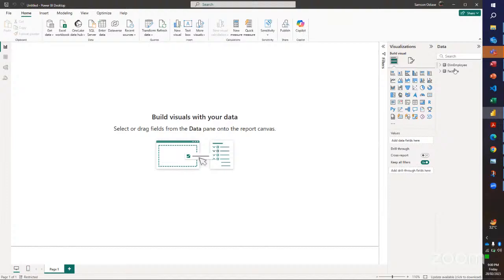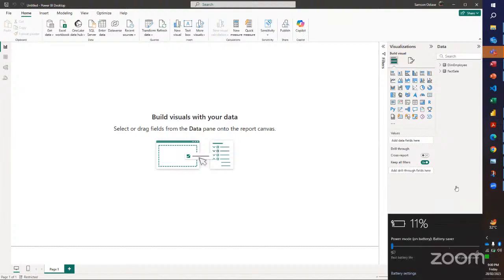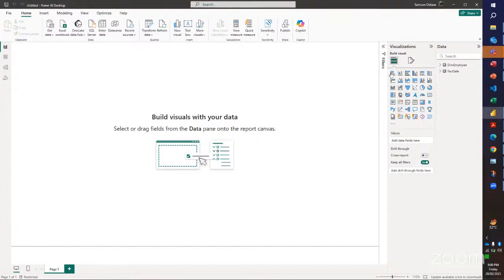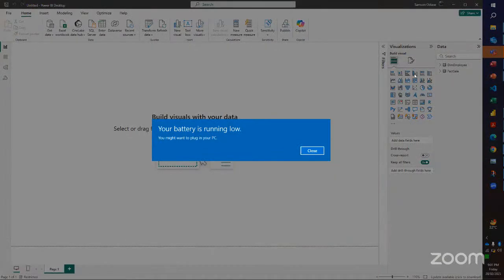So we'll just create one. My battery is just 11%, but let me see if we can create just one visual. The next class I'll be taking you guys is on visualization. So I'm going to explain as much as possible most of the visuals, but let's just create one for this class. All these visuals have their purposes. They have what they do, what they tell you, and the kind of insights they can bring from the data. So let's say I want to use